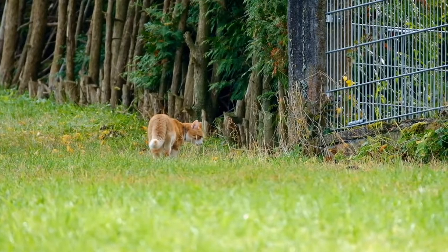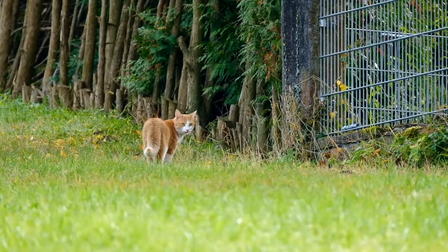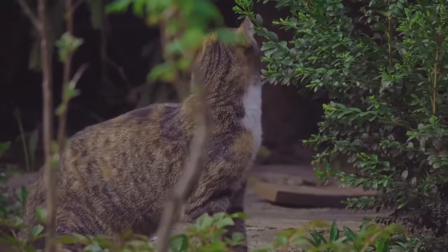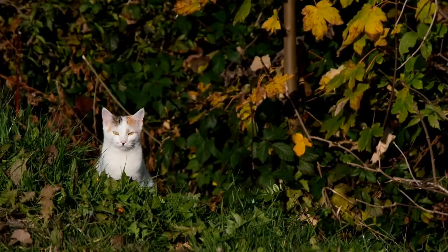How long are cats pregnant? A normal cat gestation period is between 63 to 67 days. However, anywhere between 61 to 72 days is considered normal. Because cats are so good at making kittens, getting your cat spayed or neutered